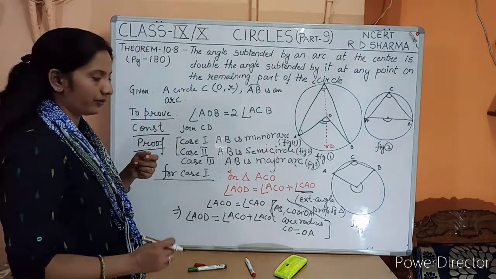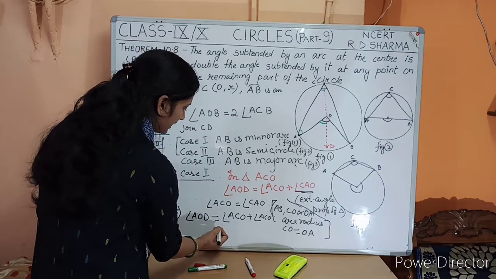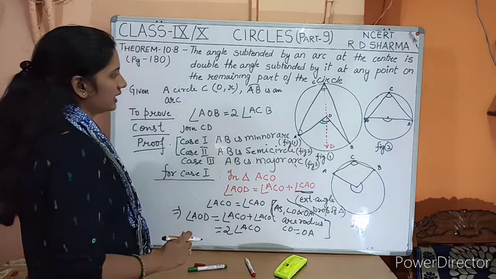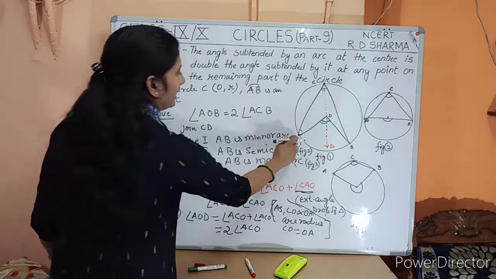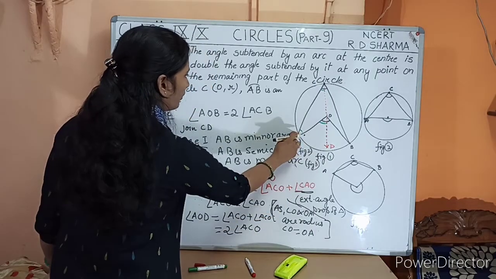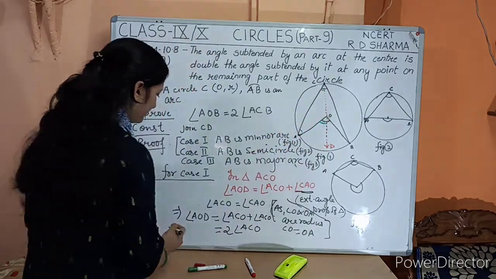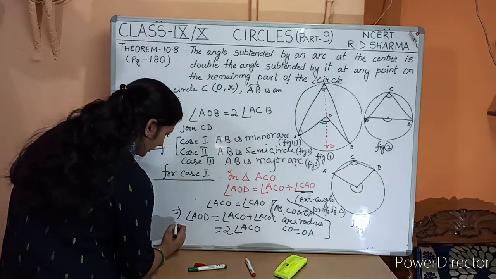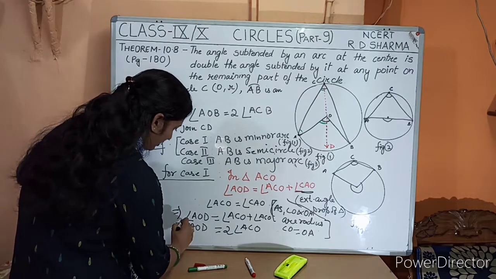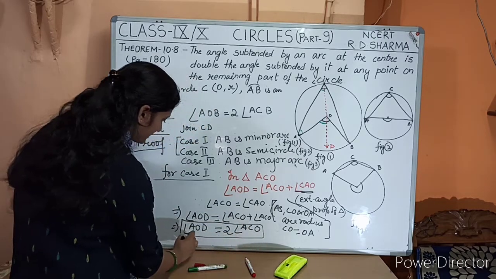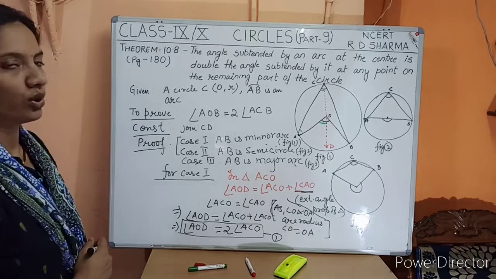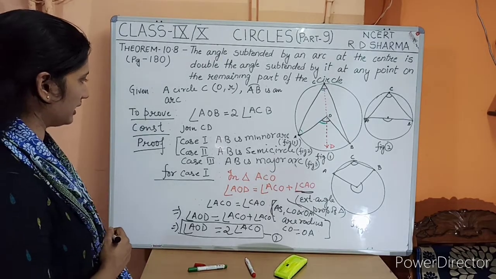When we are having the same angles, it must be twice, right? Twice of angle ACO. So angle AOD is equal to twice of ACO, this angle. So this we need to keep aside. This we will use in our further proof. So just close it in a box and label this equation as number 1. Please note down, and after that I will rub.